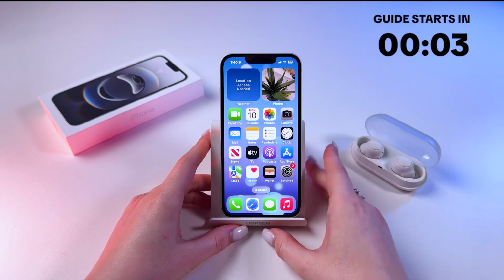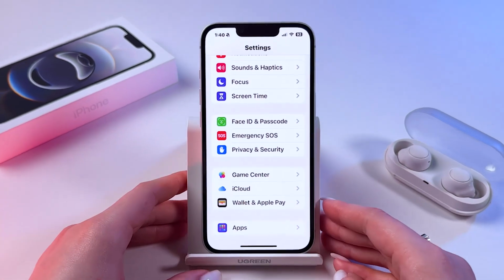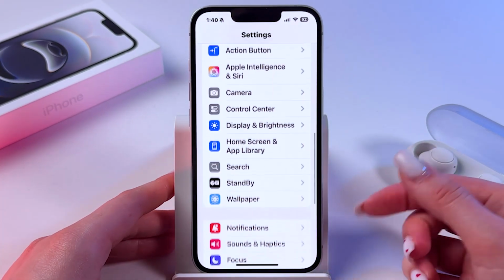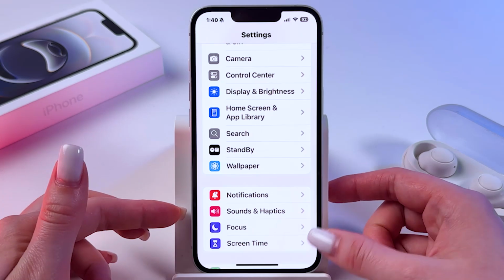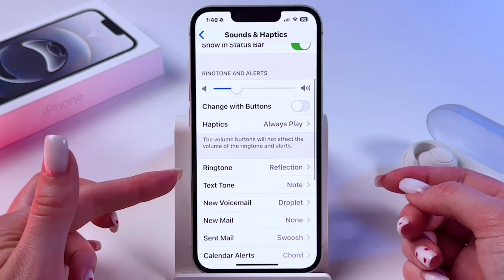Hi, to change ringtone on your iPhone 16e, as a first step, open Settings. Now in Main Settings, you need to search for the Sounds and Haptics section, and after that, pick Ringtone category